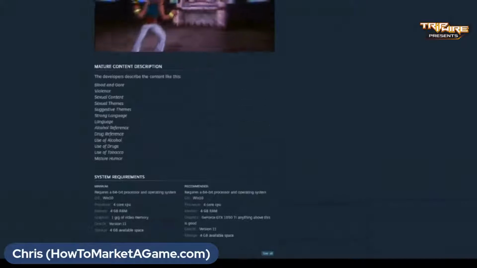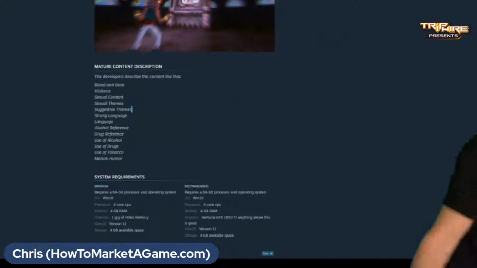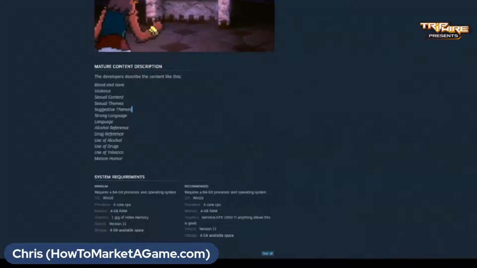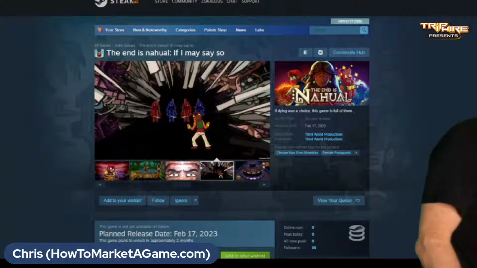Okay. Oh, here's all the mature content. This is all the stuff that's doing the age gate. I mean, some of this stuff I don't know. A lot of games have this stuff and they don't get flagged for the adult page. I don't know what that setting is, but anyway, so we're trying to figure out the genre here.